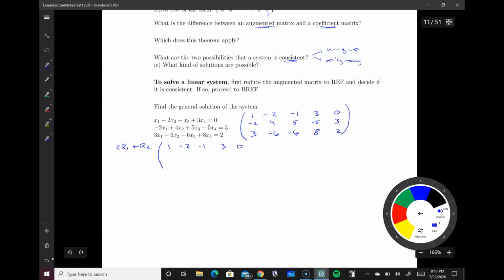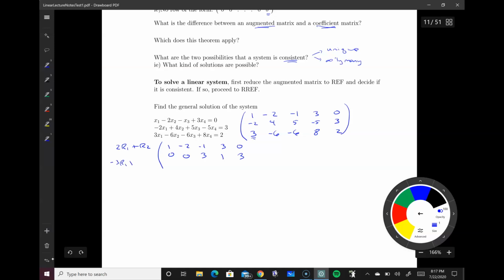Oops, lost a negative sign. So multiply by 2 and add is 0. Multiply by 2 and add is 0. Multiply by 2, I get 3. Multiply by 2, I get 1. And 3. Okay, so let's get rid of this also. So let's multiply by